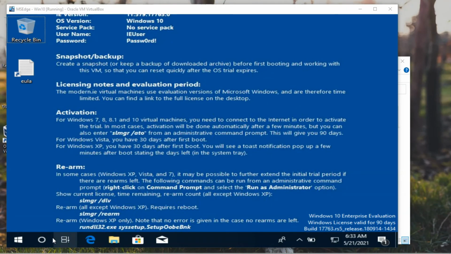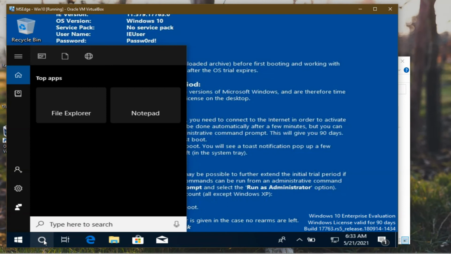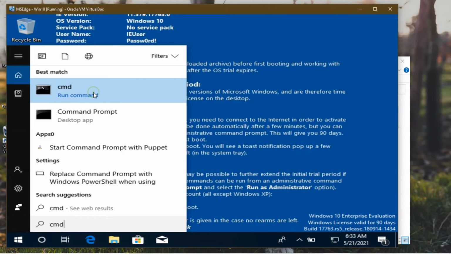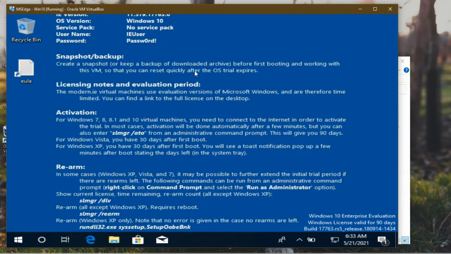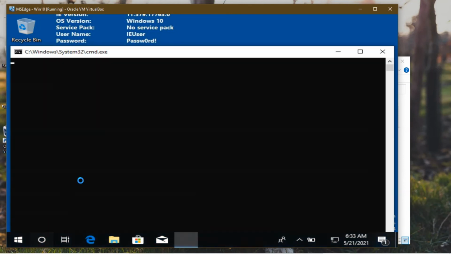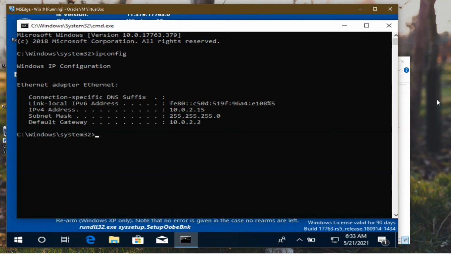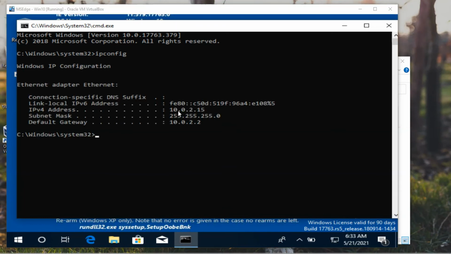I'm clicking here and typing CMD, the command prompt in Windows. In Linux we call it terminal. In Windows we call it command prompt. Here type ipconfig. When I press enter, see, 10.0.2.15.